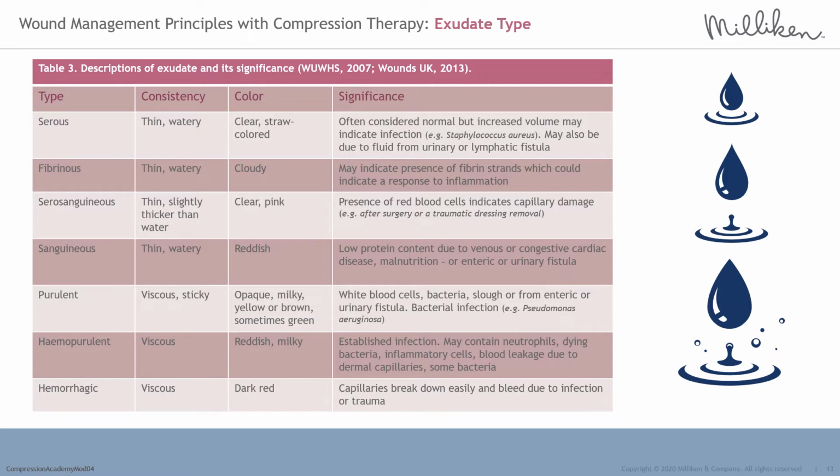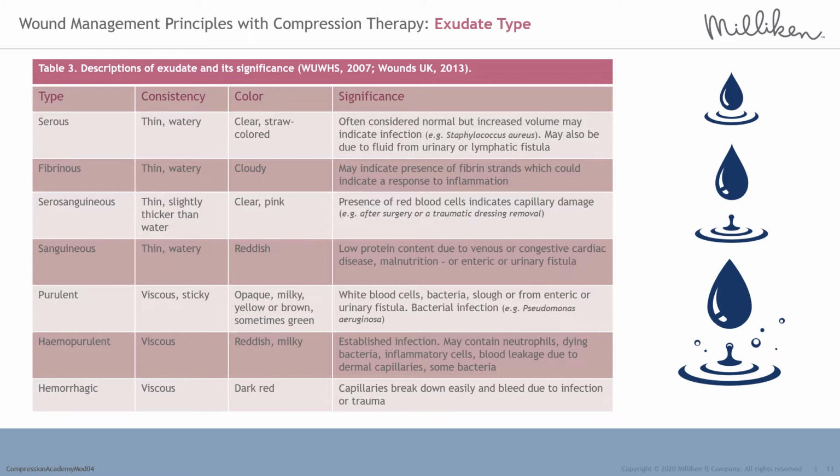Serous exudate is normally thin, watery, clear, straw-coloured. This is often considered to be normal, but increased volumes may indicate infection, such as Staphylococcus aureus. May also be due to fluid from urinary or lymphatic fistula. Fibrinous. This is normally thin, watery and cloudy, may indicate the presence of fibrin strands, which could indicate a response